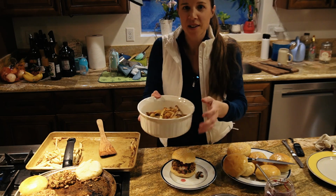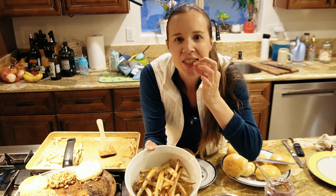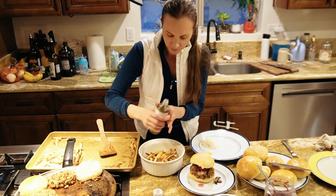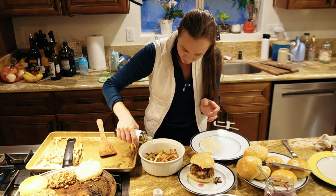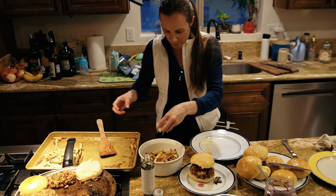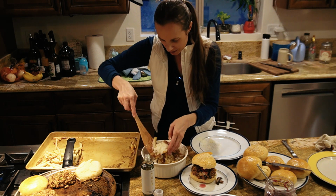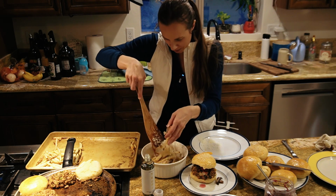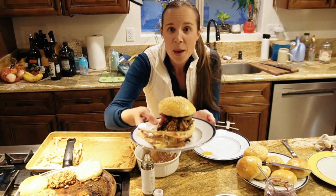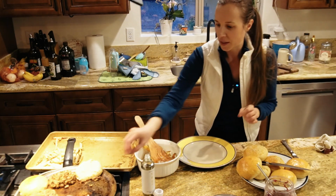Okay, check out these fries. They came out nice. I'm gonna put a little bit of truffle oil on these fries and some Parmesan and mix those up a little bit. And here is my plate. Looks delicious, doesn't it? For my husband's plate,